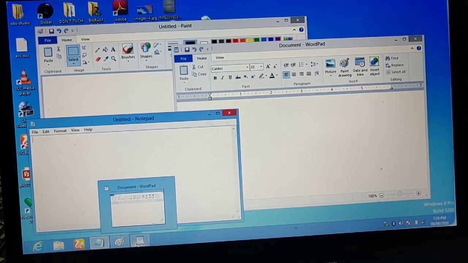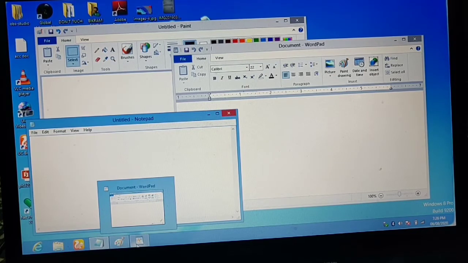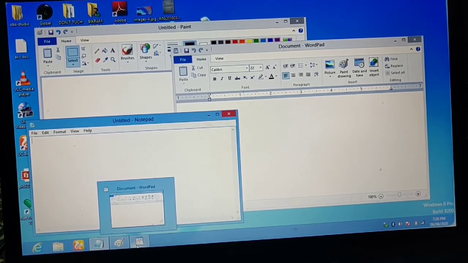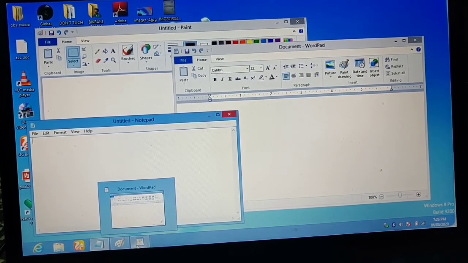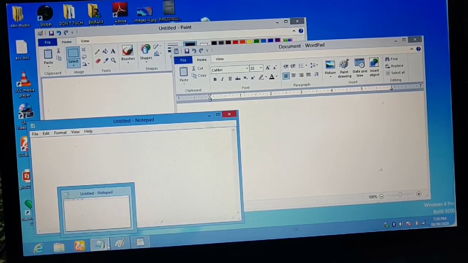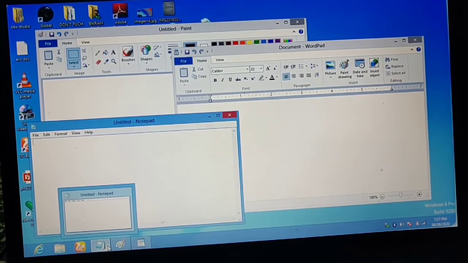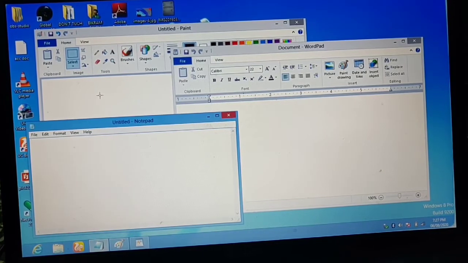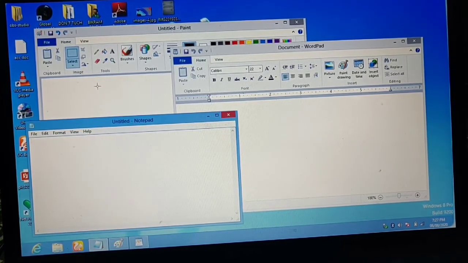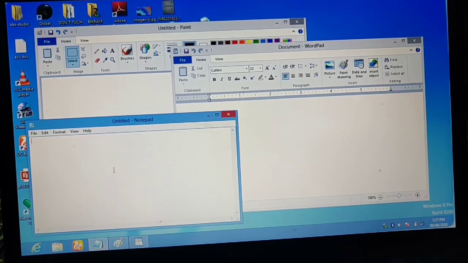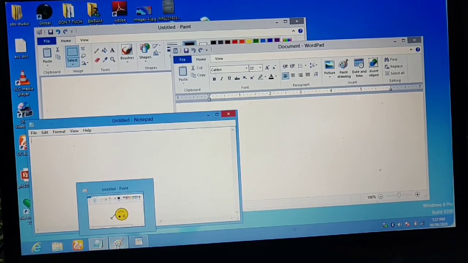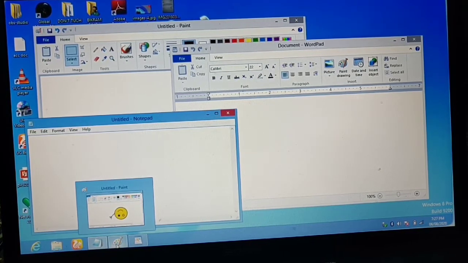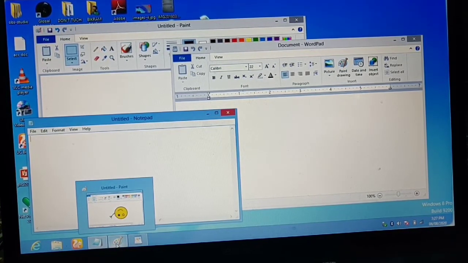Right? Now, if I have to switch between the windows, as you know that you can only work in one window at a time, then what you have to do, you have to click on the icon of that particular window and that window will appear in front of all the other windows. Right? Suppose I have to work on Paint. अगर मुझे पेंट की विंडो पर काम करना है, what I have to do? I have to click on the Paint icon. See, when I click on the Paint icon, जब मैं Paint icon पर click करूंगी, then the Paint window will appear in front of all the other windows.